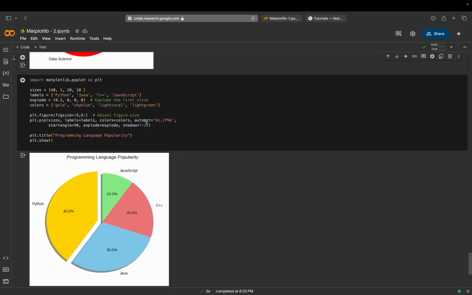I'm doing this fast because there's nothing left, and you can understand the basic things. Import, the same thing I'm doing. Sizes is equal to Python 40, Java 1, and so on. Explode is one more category. If you want to make a slice apart from the rest, like Python picked outside of the whole pie,